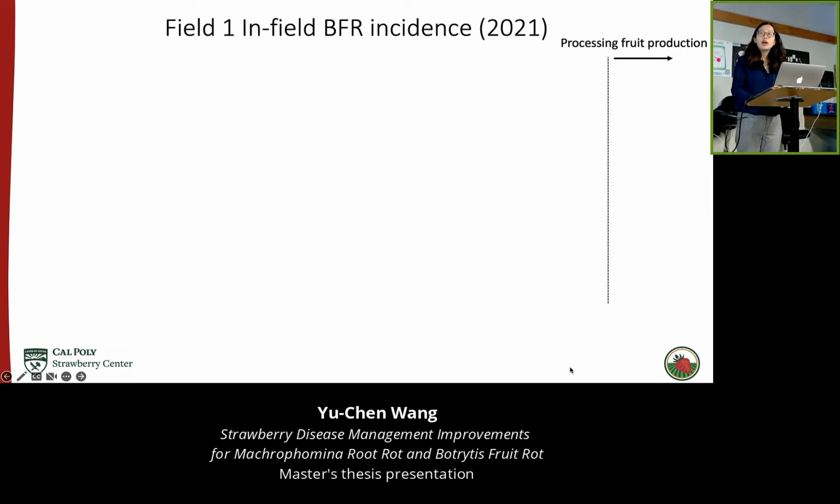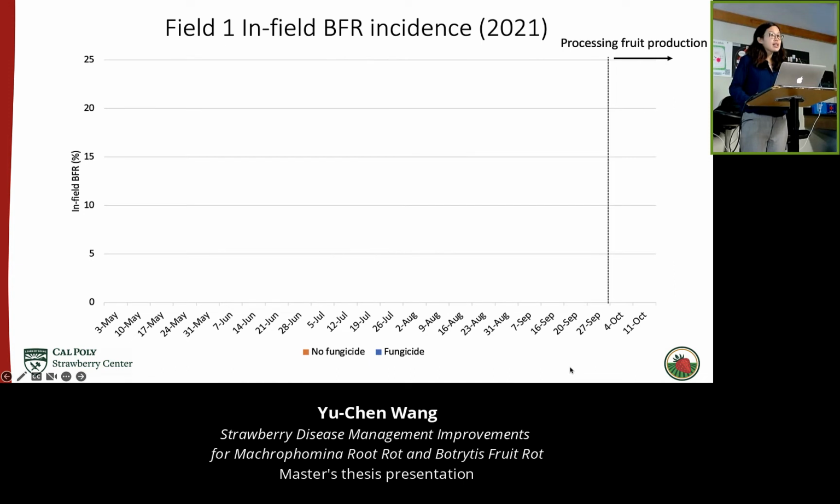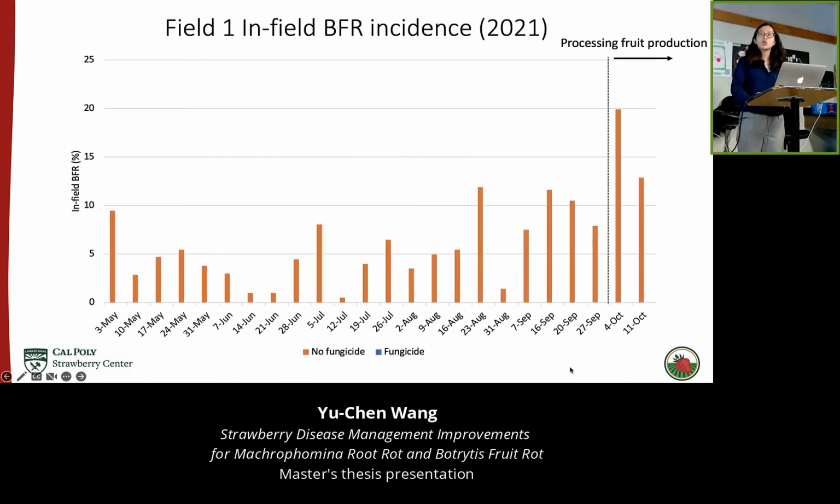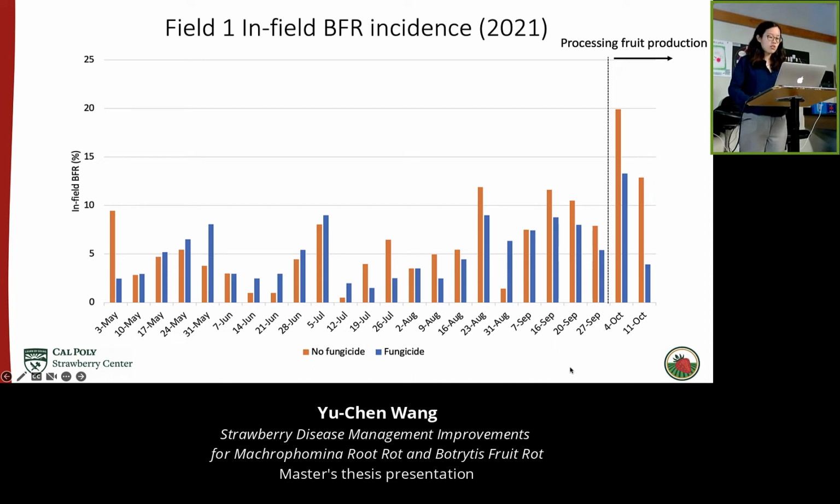Okay, field 1, in-field Botrytis fruit rot incidence. Here we see the sampling time from May until October. The orange bar shows the incidence with no fungicide application, and the blue bar shows the incidence with fungicide application. We don't really see a pattern of which bar has higher incidence, the orange or the blue. It's alternating, it's changing all the time,